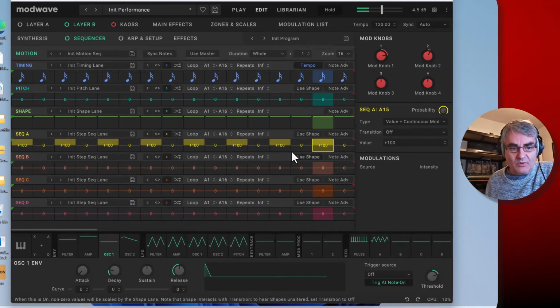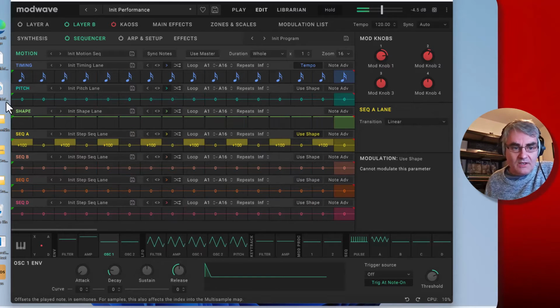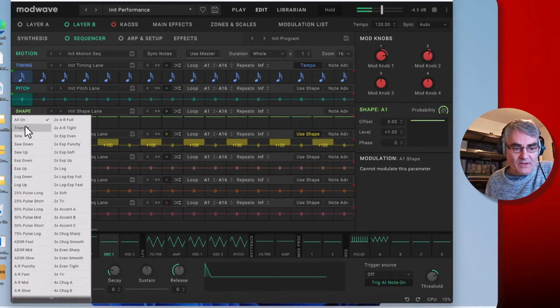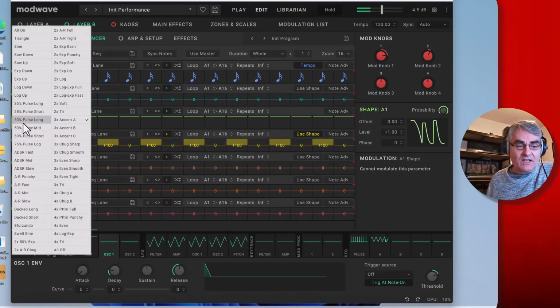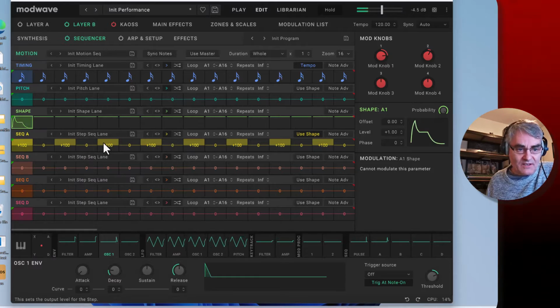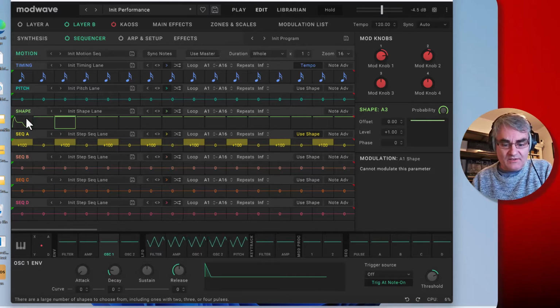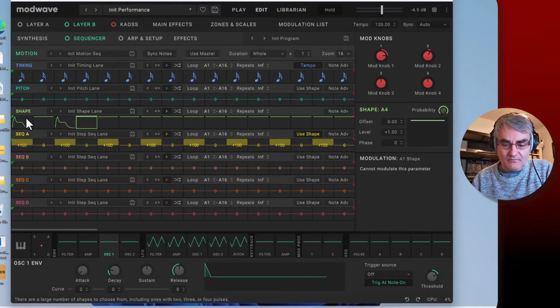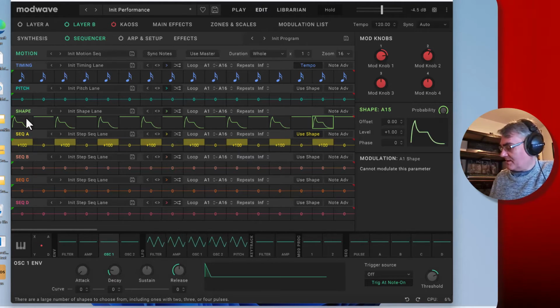So you can see it's pulsing through those, and I could use the shape, and I could pick a shape from here like an envelope. You can hear that on there. Actually it sounds quite... let's have it as a... so what I can do is I can copy that to the other, but let's copy to the other and I'll introduce some variation and say